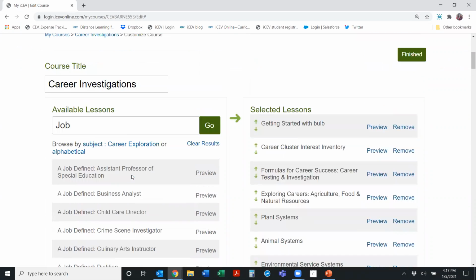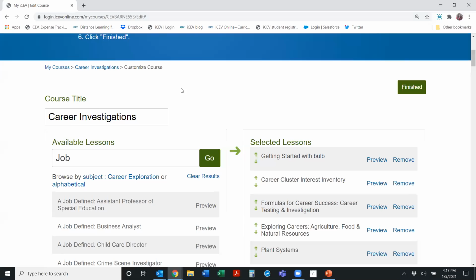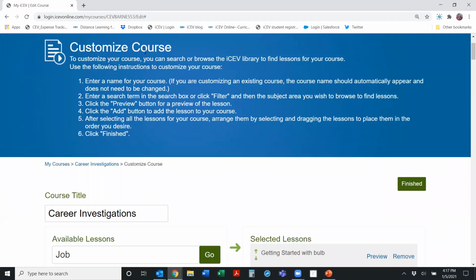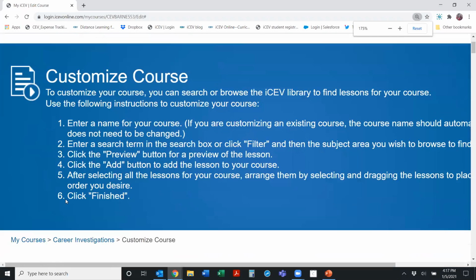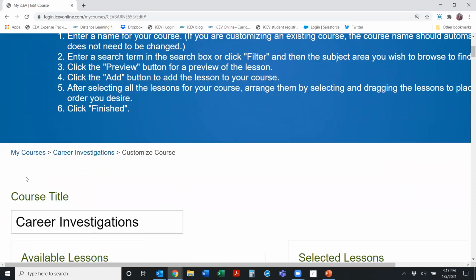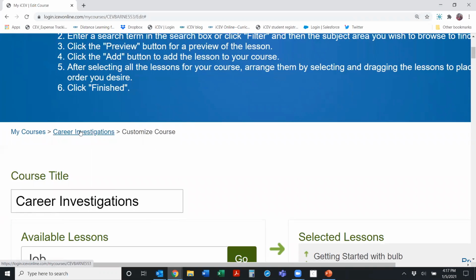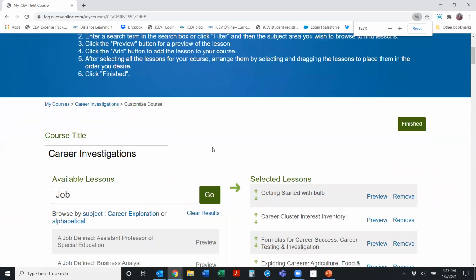So I did want to point out that this process is called, look up here where we are, it says customizing the course. Additionally, this area right here under the blue bar, can you see those words right here? That is your breadcrumbs. So it tells you where you are in the platform. Where am I right now? I'm in the customizing the course process.